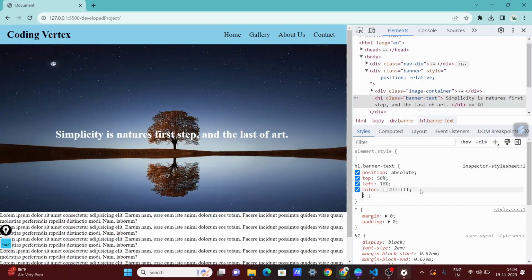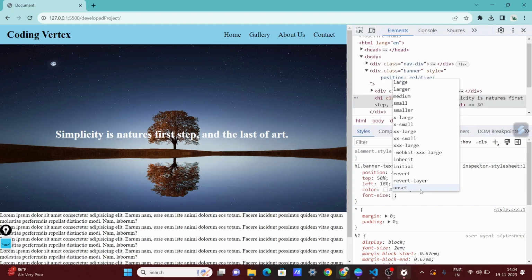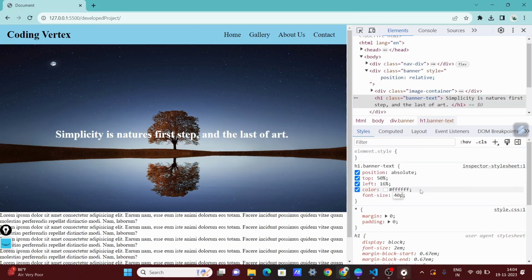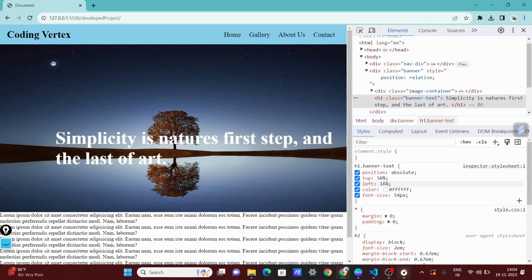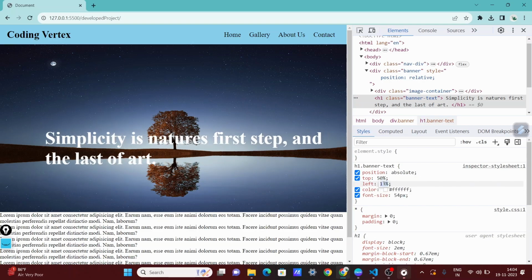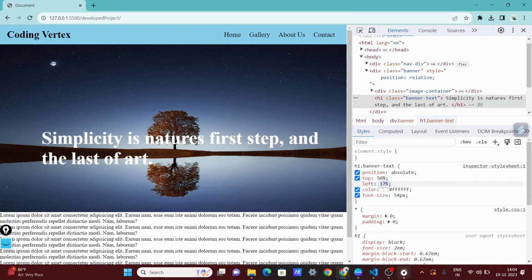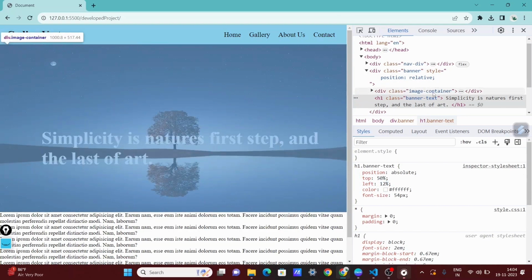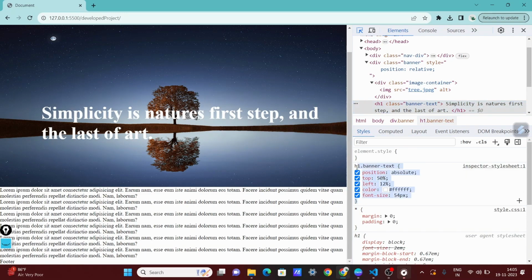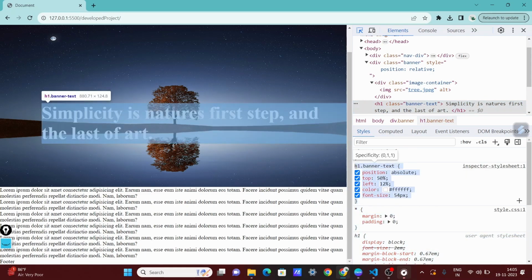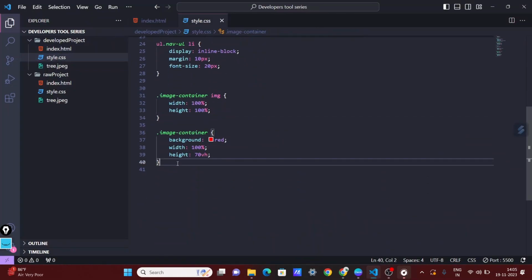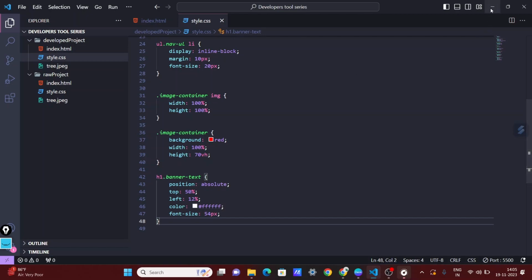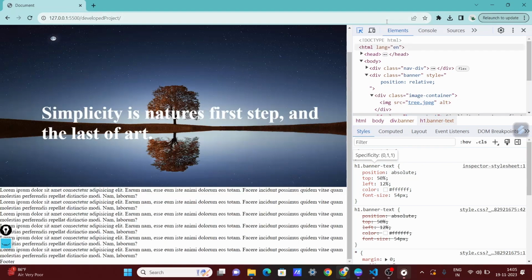So what I'll do, I'll write font size. I'll make it 40 pixels. It will become bigger. Okay, now it's looking good. I have given style for this banner text. I'll copy it. I'll go here, go into this style and paste it here. Now similarly,